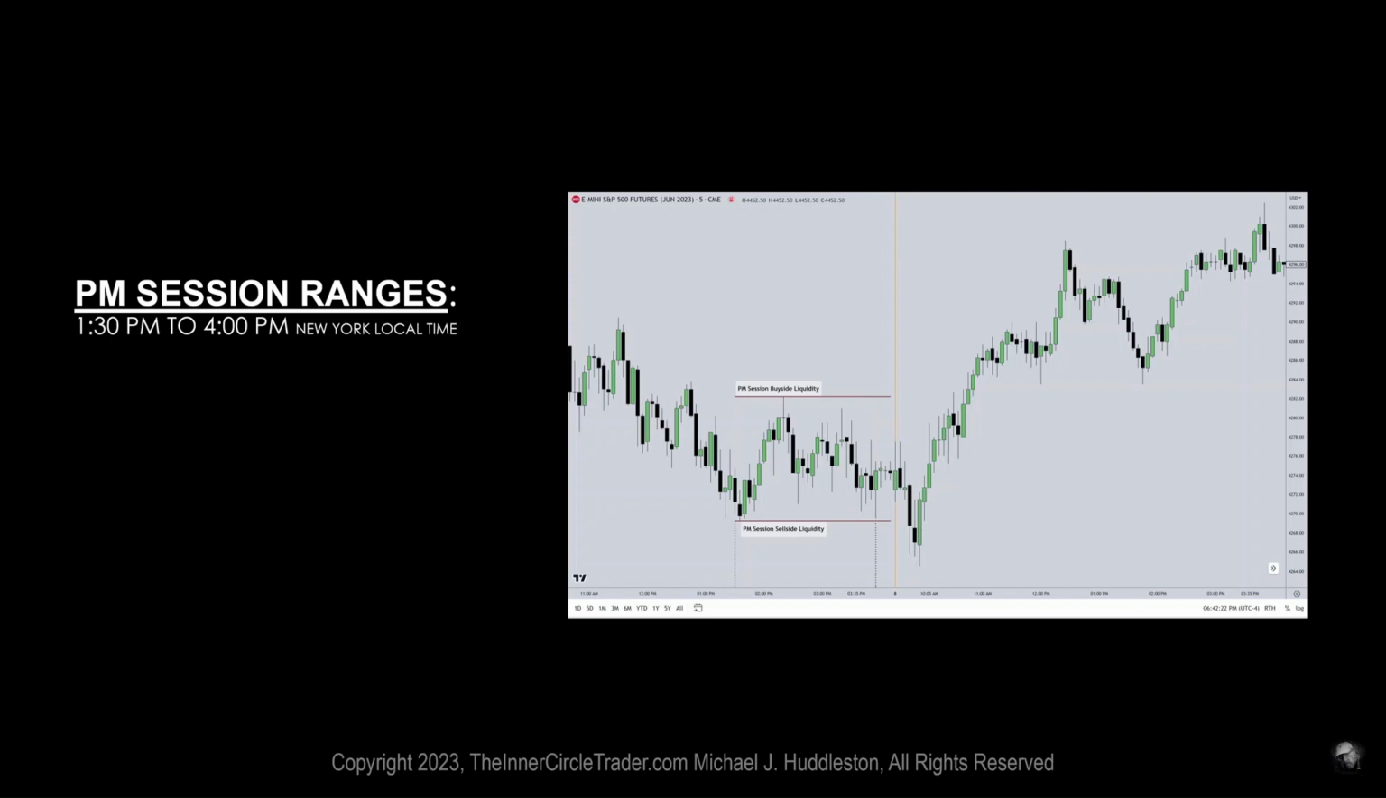It's very simple. So PM session ranges, you're looking for the highest high and the lowest low between 1:30 p.m. and 4 p.m. Now, is there any ambiguity there? No. It's very simple, succinct, right to the point. Now, what do you do with it? If you are bullish, and we are trading in close proximity to that range, as we see here,